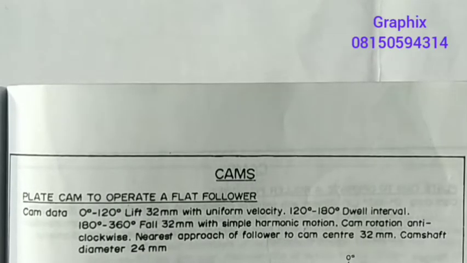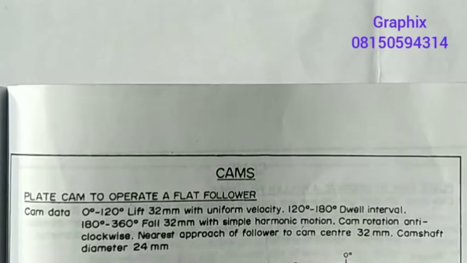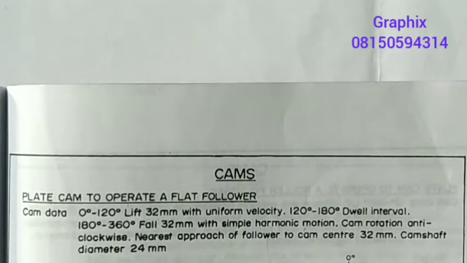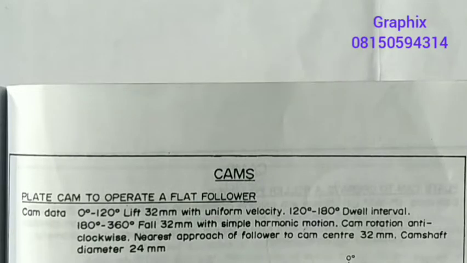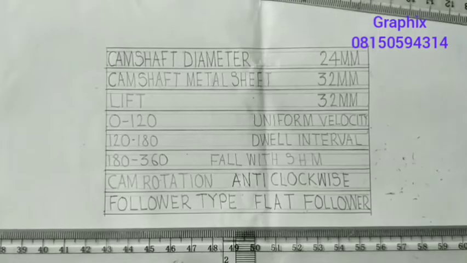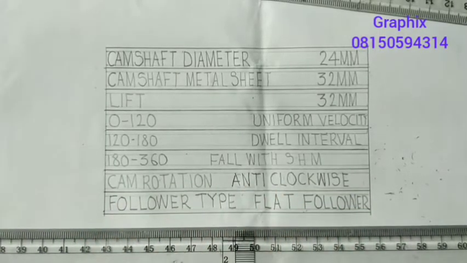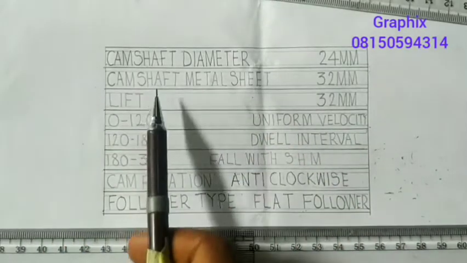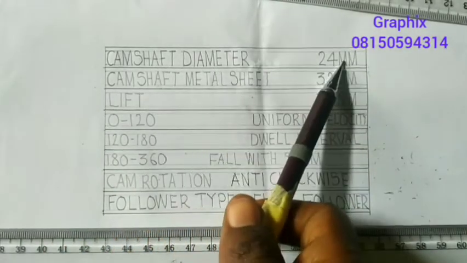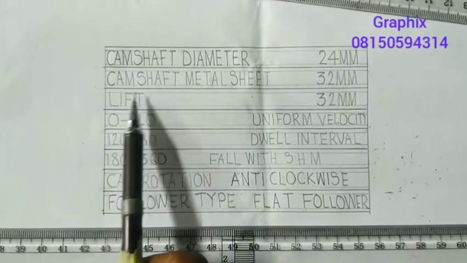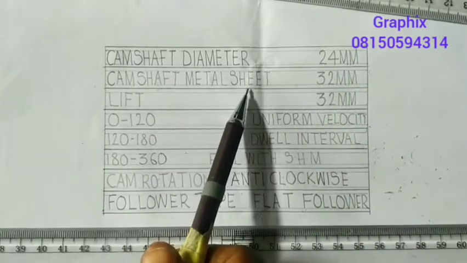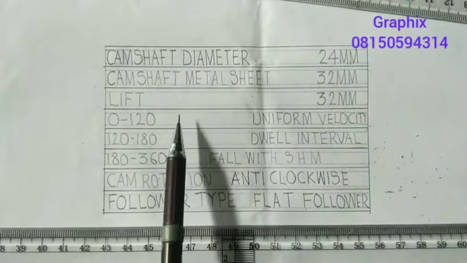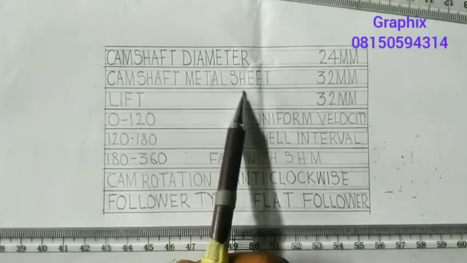Now let's see. Whenever you are given a question on cam, the first thing you have to do is draw your table and align all the parameters given. So this is how you table it. You put all the parameters given in tabular form. We're given our camshaft diameter to be 24 millimeter. We're given the closest approach, the nearest approach of the follower to the cam, so we'll call it the cam meter sheet, which is